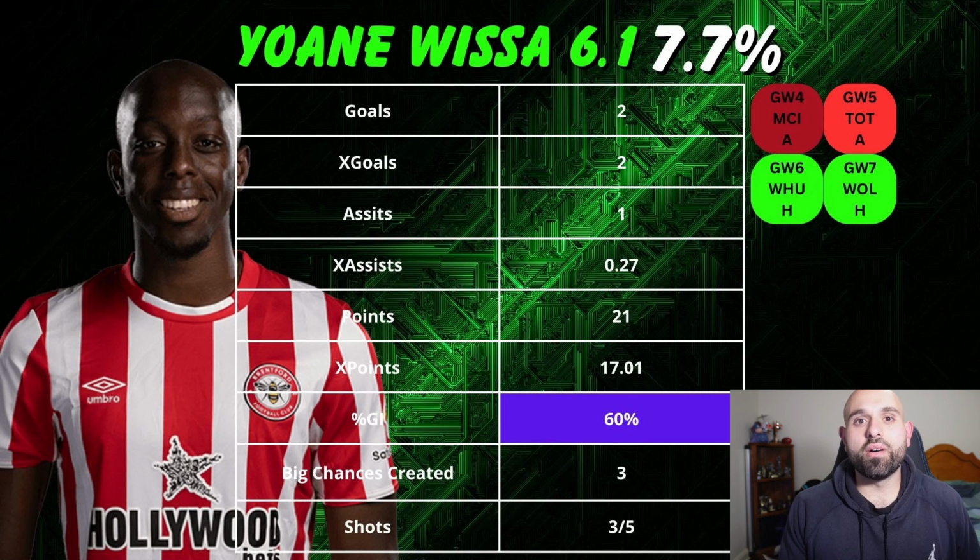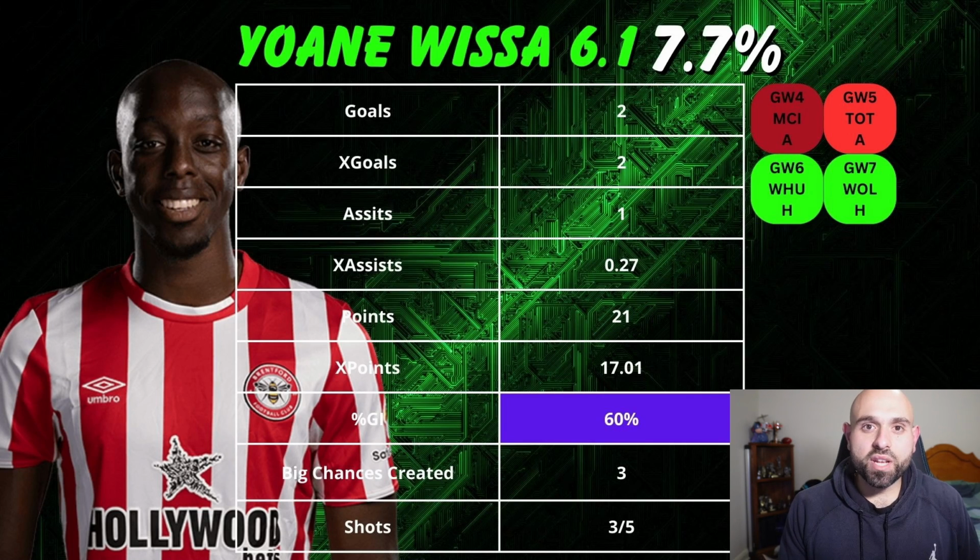Johan Wissa, I think we say it every year, he's just a fantastic asset, but no one really ever owns him because of the threat of Ivan Toney. We now know that Ivan Toney is not going to be around. What I like about Wissa is in big games, he'll play up front in a 2, typically with Bryan Mbeumo, and then in games where they dominate, he should be up front with the 2 wingers either side.